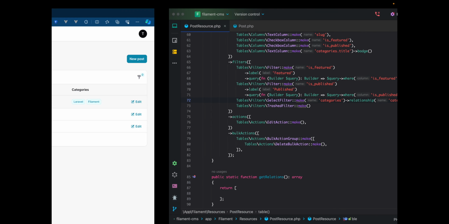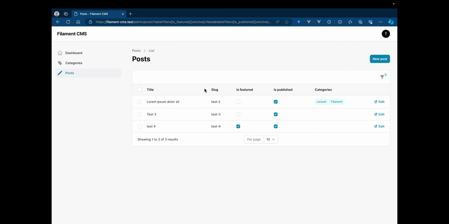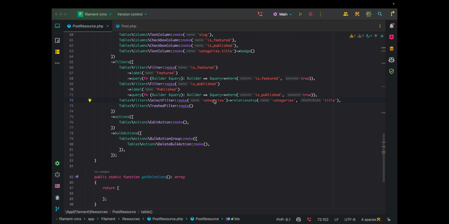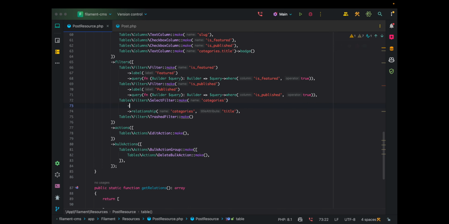So if we go ahead now and see what we are retrieving here, so now we're able to select a category, and you can see this one has that category just here, but I actually want to go further than that. I want to be able to select more than one category. So let's try to see if we can achieve that